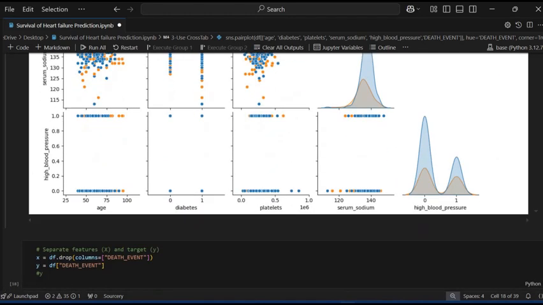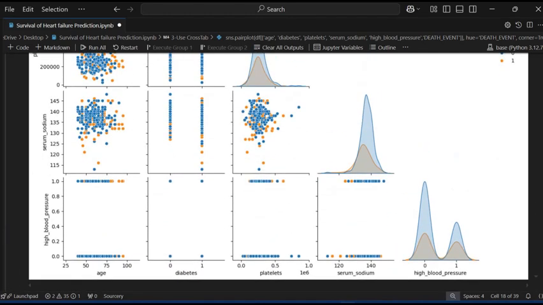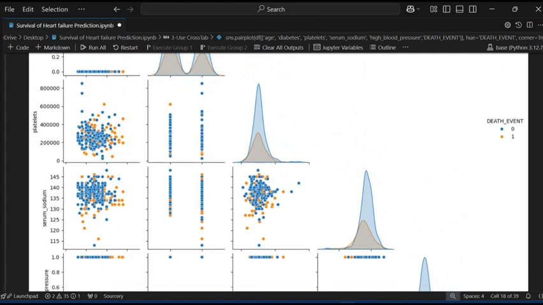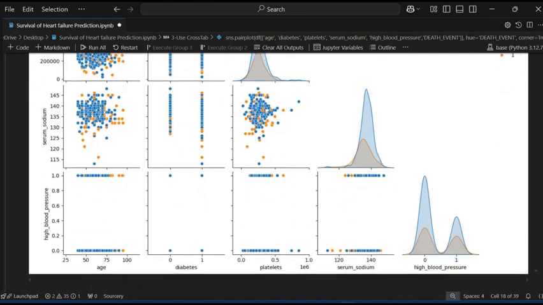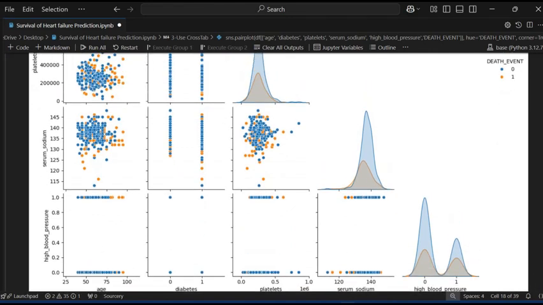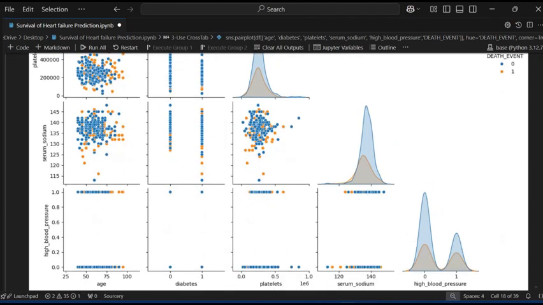So it gives all the lab levels of the death event, showing how many males and females died from high blood pressure or lack of serum sodium.